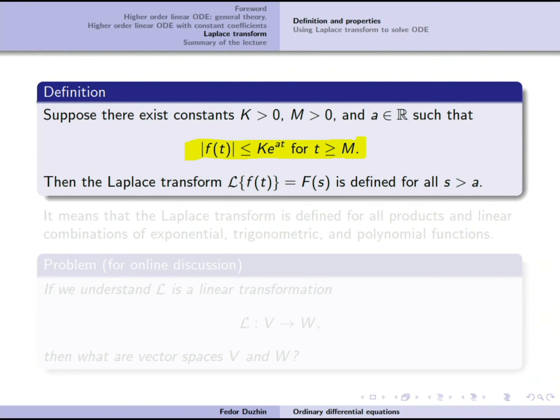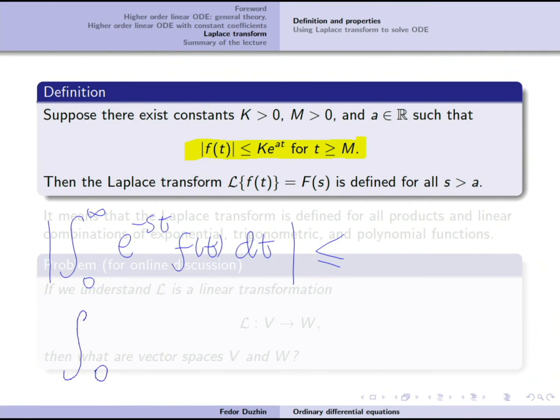But let me explain what I mean. Suppose that f satisfies this property, right? Then the Laplace transform of f is going to be the integral from 0 to infinity of e to the minus st f of t dt. Well, and if we want to estimate it from above, let me write the absolute value. So the estimate from above is going to be less than or equal to the integral from 0 to infinity of e to the minus st, and I'm going to apply the estimate for f of t, right? So it's going to be times k e to the at dt,